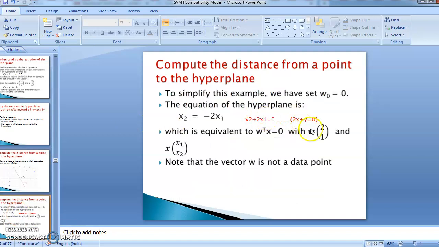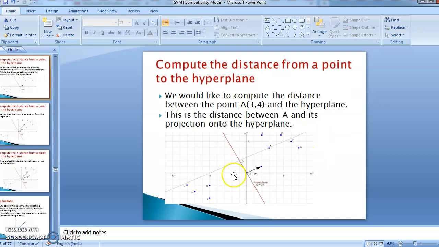So we have found the equation of vector w, that is (2, 1). Next, what is our objective? We have to compute the margin from the boundary point to the hyperplane. So what is the boundary point here? Here the boundary point is A, whose coordinates are x is 3, y is 4.